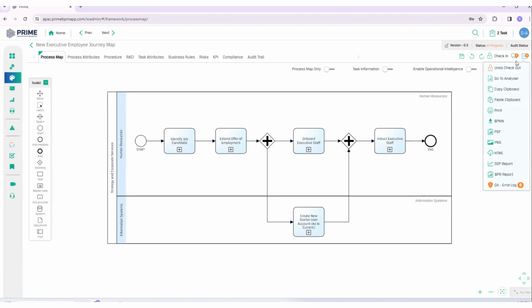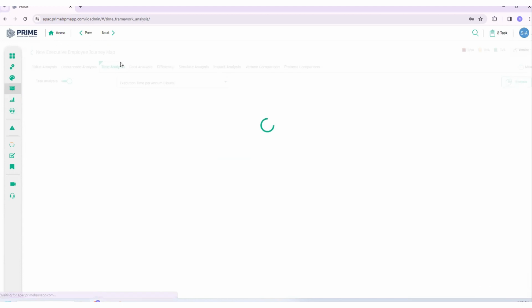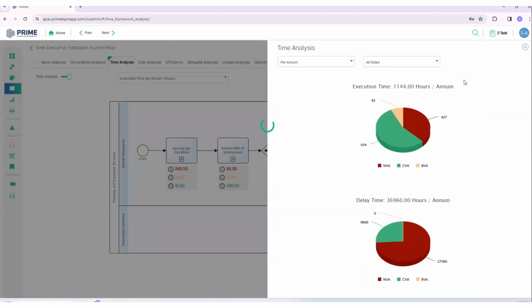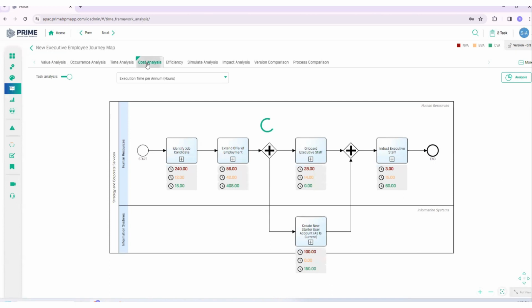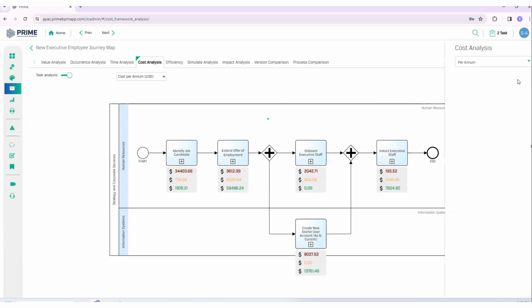In my Analyzer module, I can now look at the total time and cost of each process, but I can also look at the overall total cost of the entire journey. So when I click on time analysis, I can see the total duration of each of the sub-processes as well as the total duration of the entire journey. And I can do the same with cost analysis. So here I can see the total cost of each of the sub-processes as well as the total cost of